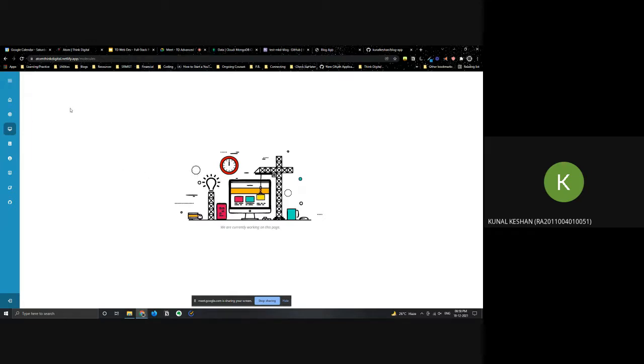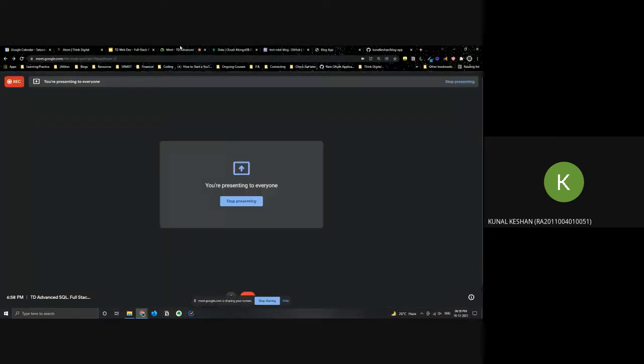If you guys are interested, once we finish this full stack project, we can also give you a show of how to work with React. Our basic aim was to get a hang of how to actually make full stack projects with the basic tech stack of HTML, CSS, JavaScript, Node.js, Express and SQL. So that was about it for today's session. I hope all of you will register by today. Okay, any doubts, anyone?